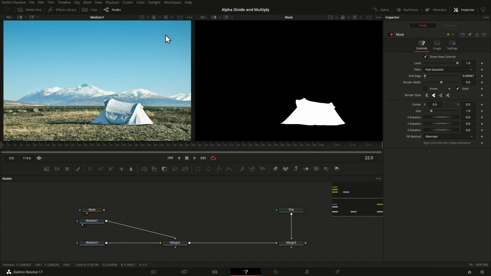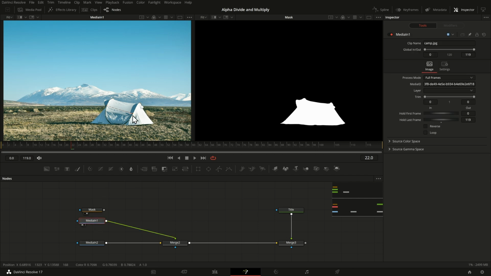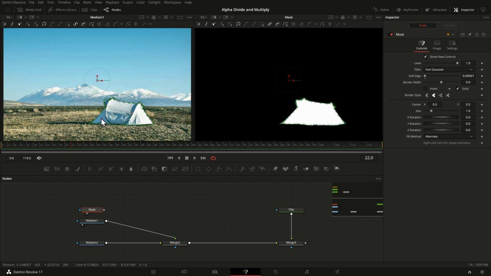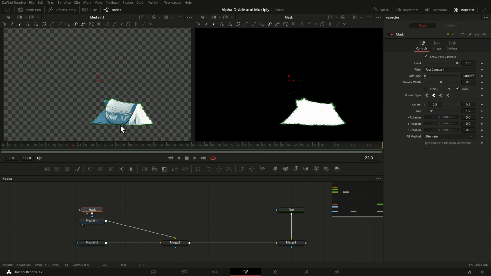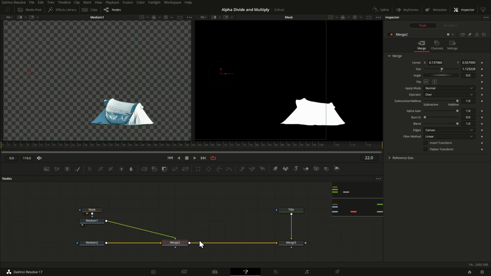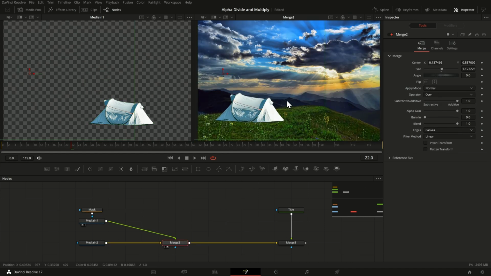Let me start with a very simple compositing example. So I have here this image of the tent and have already masked it out. I'm showing you the alpha channel here on the right side. So black, fully transparent, white, fully opaque is what the output should be. So when I attach the mask, then exactly that is happening. White area, fully opaque, fully transparent outside. So far, so good. Now let's composite this over another background.